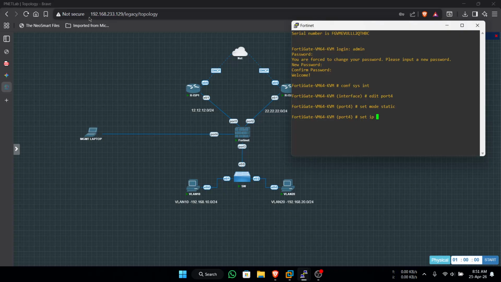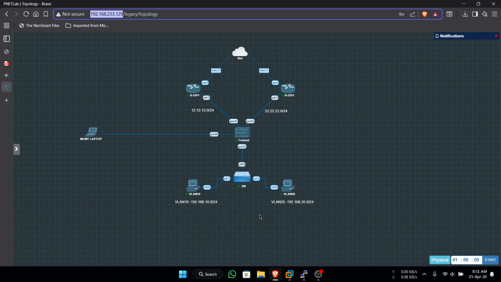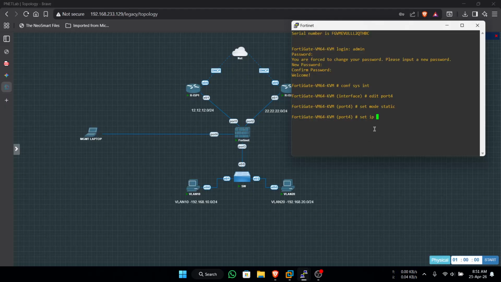Now make sure the IP address is in the same network as your VMware IP address here. This is my IP address, and you can set whatever IP address you want. I will set the IP address 192.168.55.1/24. Enter.